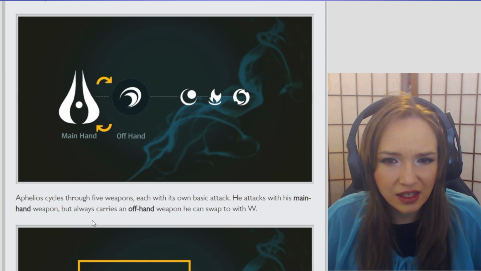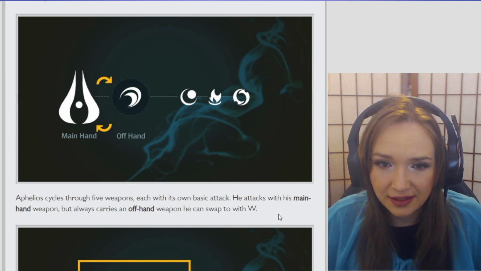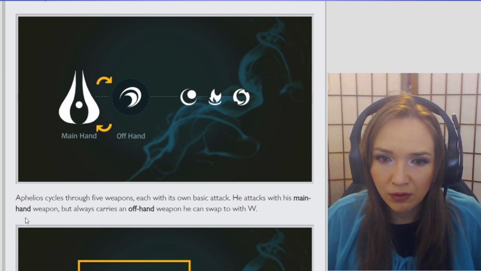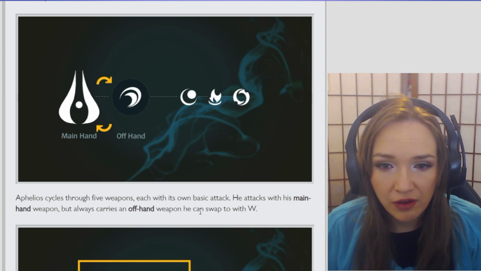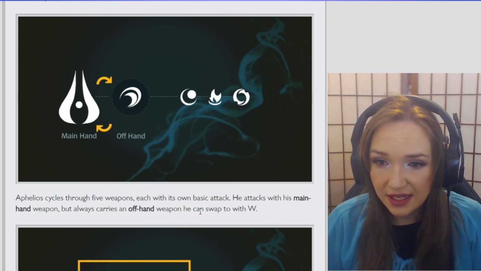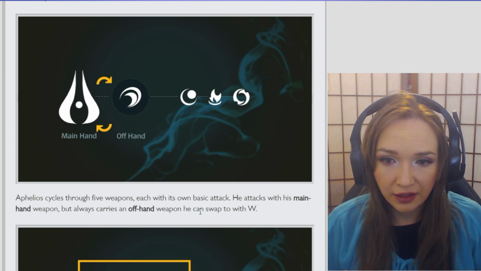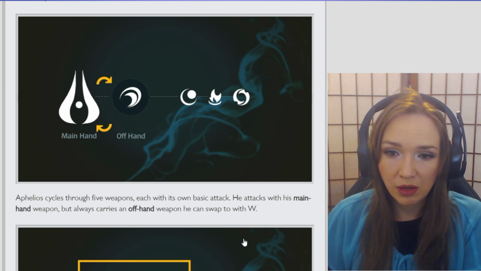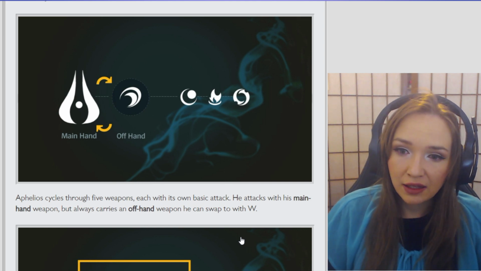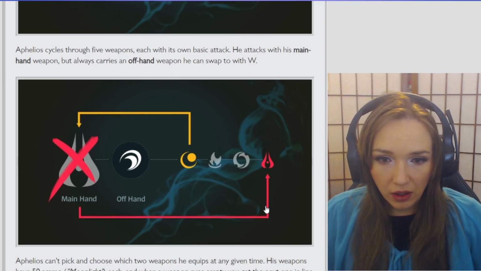Okay. Aphelios cycles through 5 weapons, each with its own basic attack. He attacks with his main hand weapon, but always carries an offhand weapon he can swap to with W. Okay, so with W he's swapping between his hands, with the main hand that he carries the weapon and the offhand without the weapon. Right, so